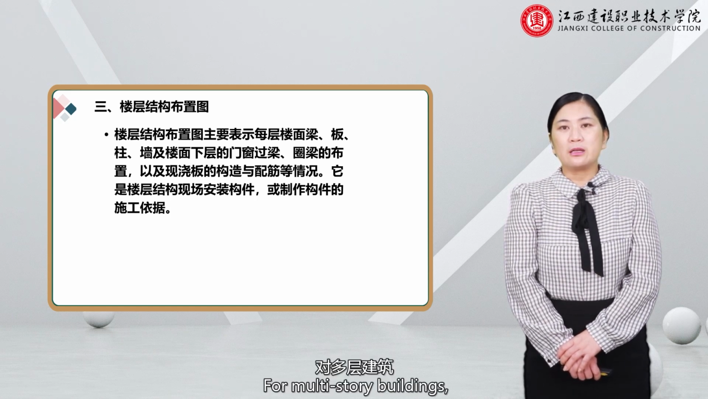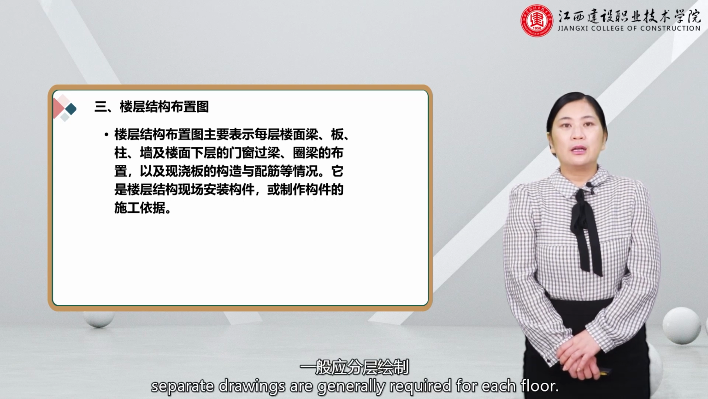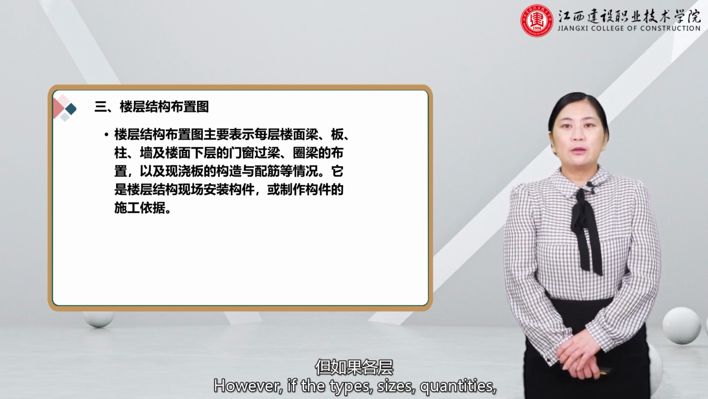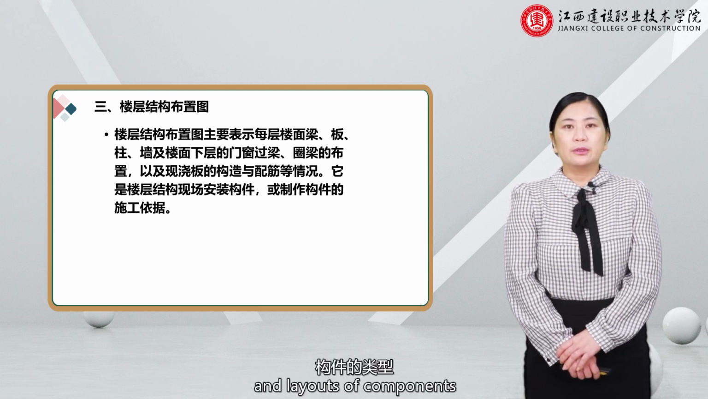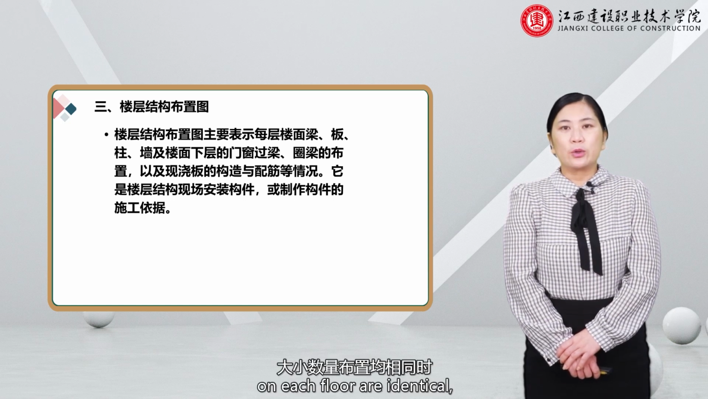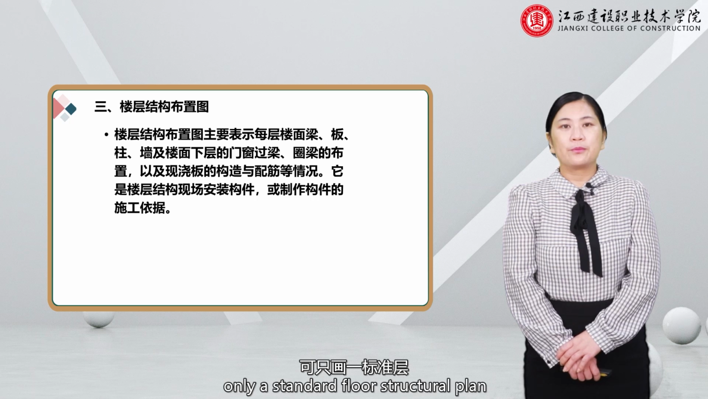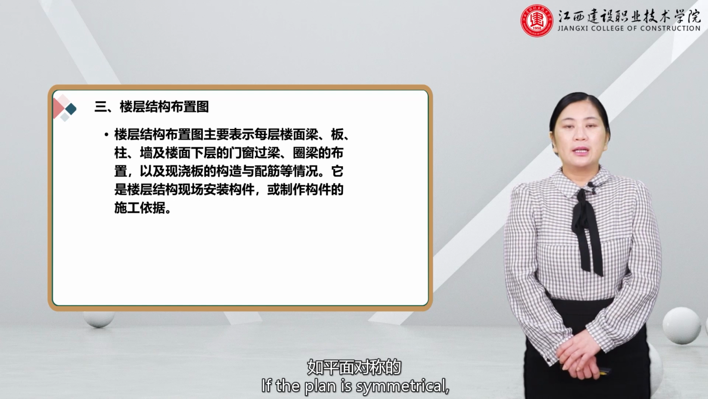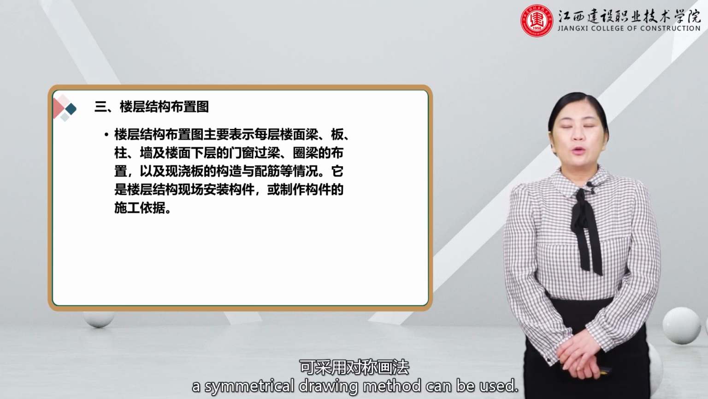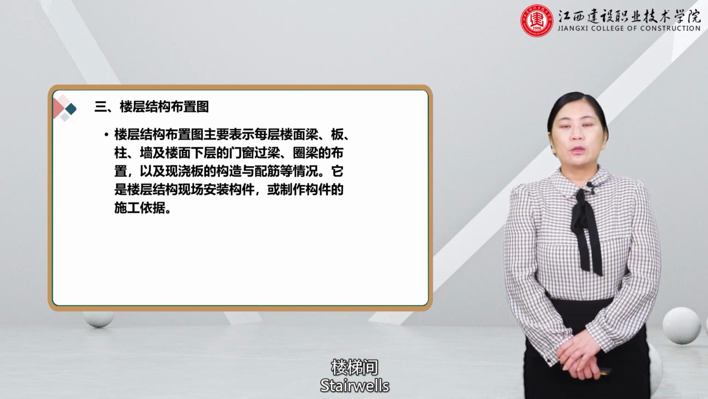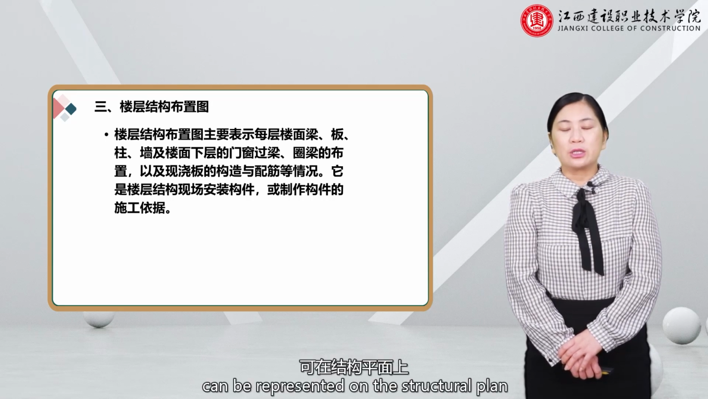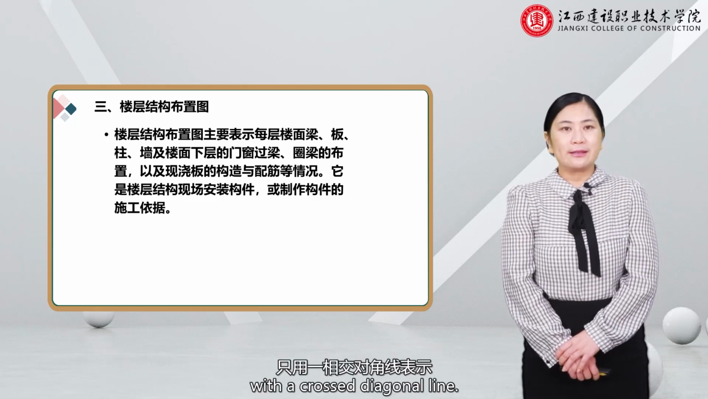For multi-story buildings, separate drawings are generally required for each floor. However, if the types, sizes, quantities, and layouts of components on each floor are identical, only a standard floor structural plan can be drawn. If the plan is symmetrical, a symmetrical drawing method can be used. Stairwells or elevator shafts, which have separate detailed drawings, can be represented on the structural plan with a crossed diagonal